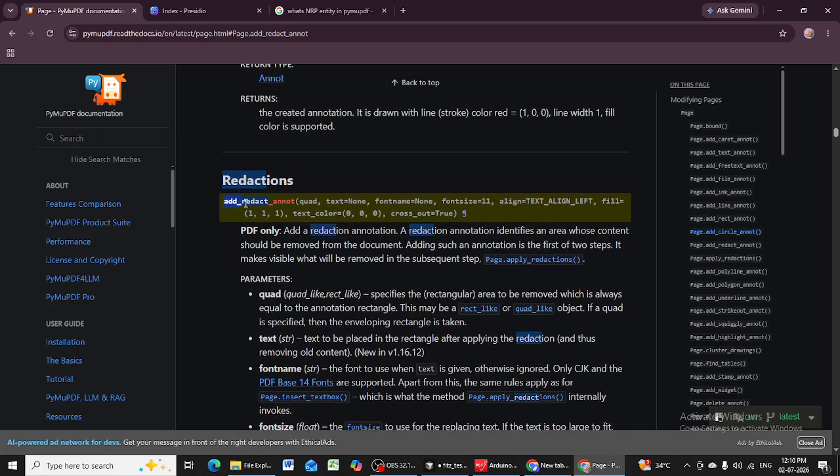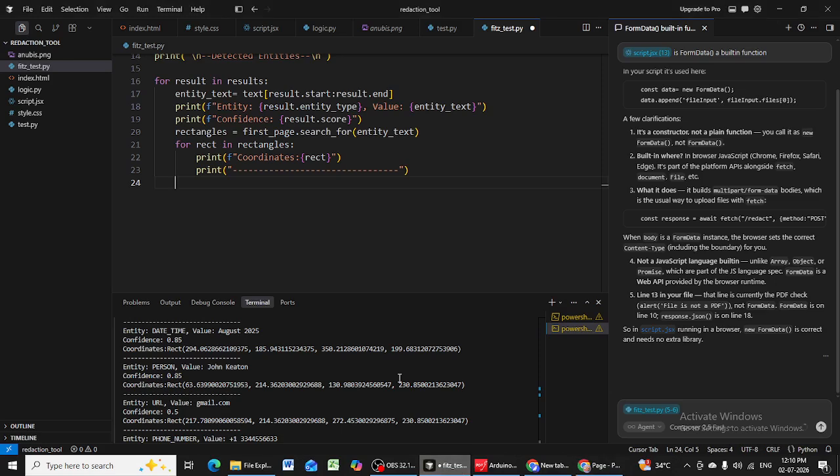Okay, add redact annot. Come on, let's do this. First page, add redact annot, protecting rectangles. We have printed the coordinates, and if we are going to continue in this one,